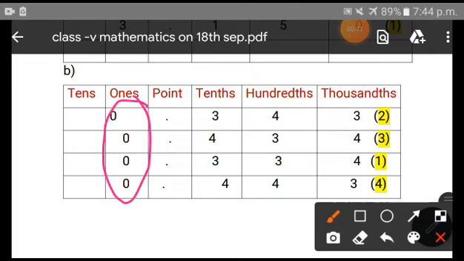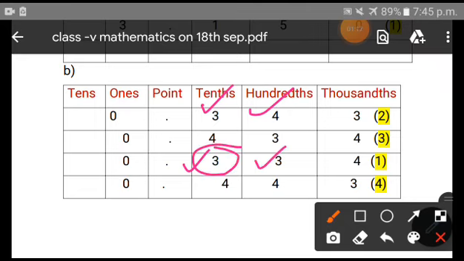in the integer part all are 0. So when the integer part is all 0, we will move to the decimal part, that is, the tens place first. See, here you have 3, here 4, again 3, again 4. So we will compare between these two because 3 is less than 4. In the first you have 3, 4. After 3 you have 4 in the hundreds place, and here after 3 you have 3.